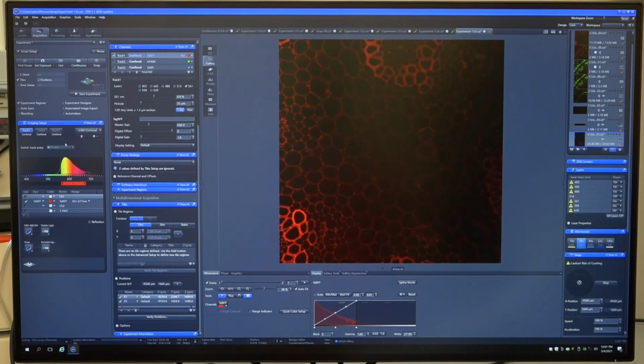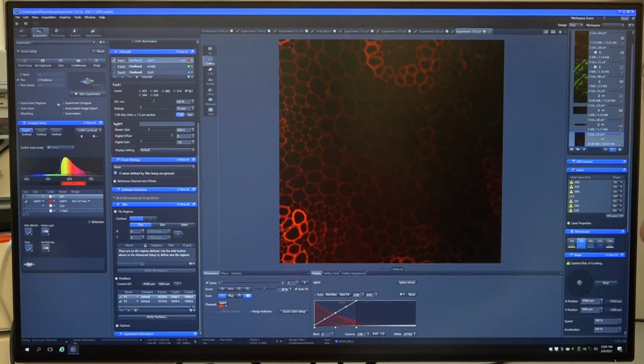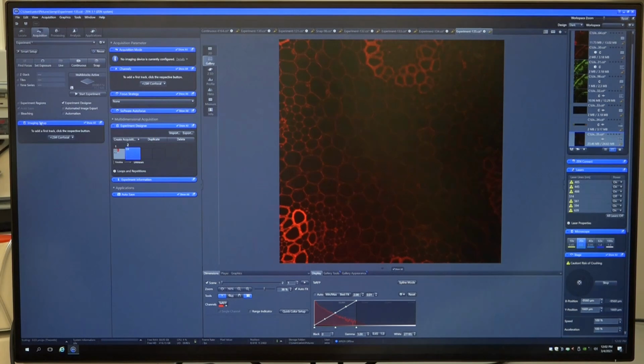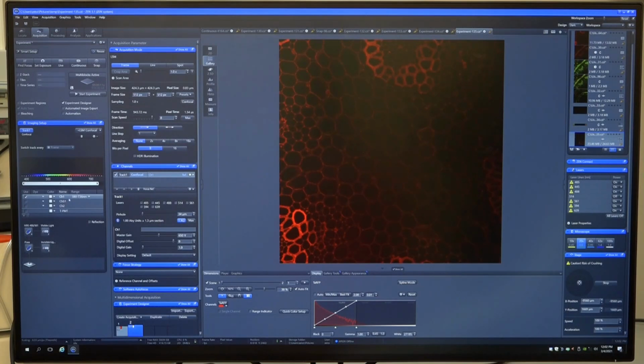And finally there is one more thing which I would like to show, which is an experiment designer. So you can design your experiment. Right now this is one experiment or sequence which I have designed only with the red channel. Now if I want to create a second one, I have created a second one where I want to do a confocal image with a dye.